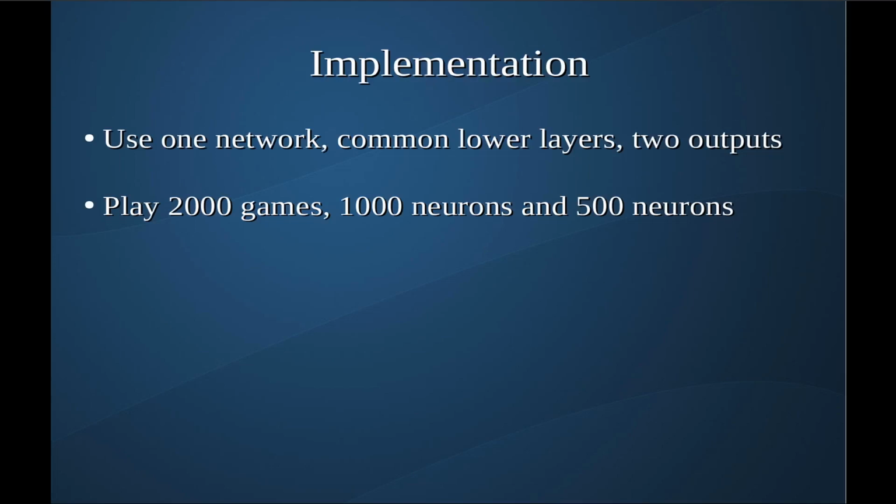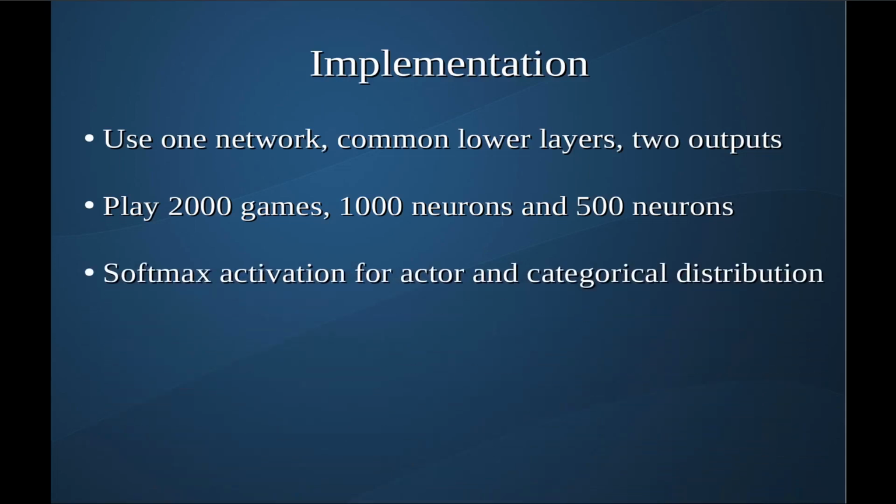The hard part is going to be the actor. As I said earlier, the actor models the policy, which is a probability distribution. The actor layer will have as many outputs as there are actions, and we use a softmax activation because we're modeling probabilities, and they had better sum to 1. When selecting actions, we're going to be dealing with discrete action spaces, so this is what is called a categorical distribution. We're going to want to use the TensorFlow probability package for the categorical distribution, and then use the probabilities generated by the actor layer to get this distribution, which we can then sample and use the built-in logprob function